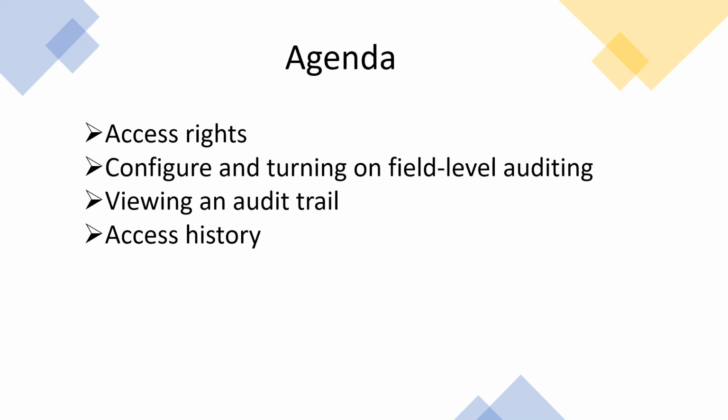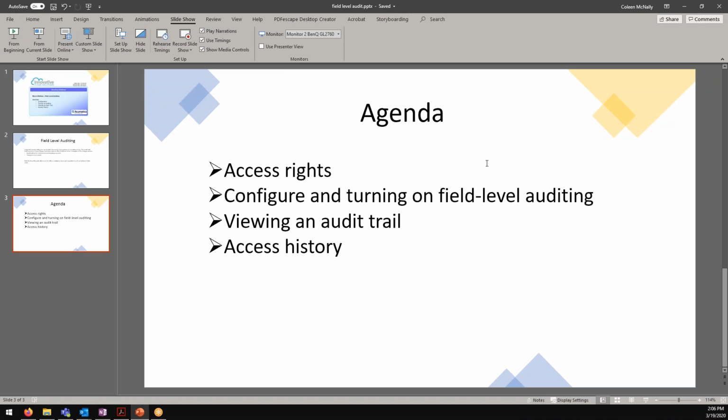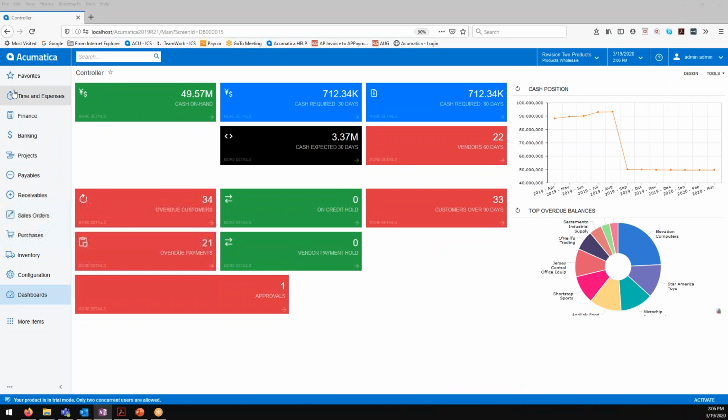Then we're going to walk through configuring it. I'm going to show you how I've got a couple set up. And we'll actually go in and view how the audit trail builds up. And then we're going to talk about access history. So with that being done, let's get right into